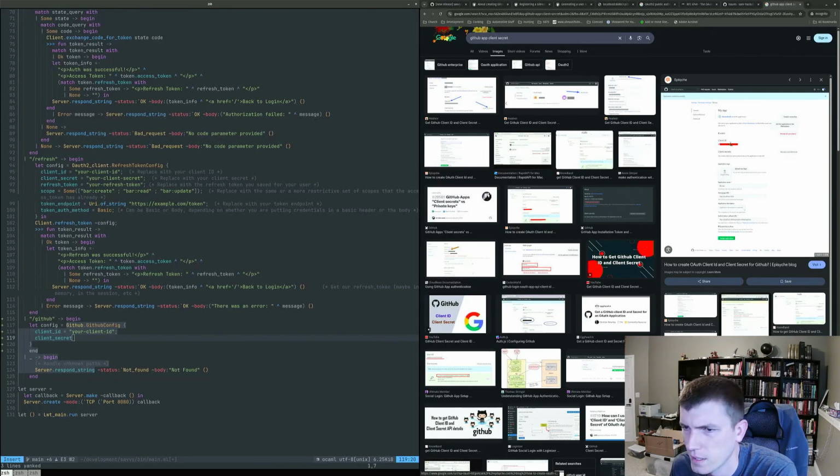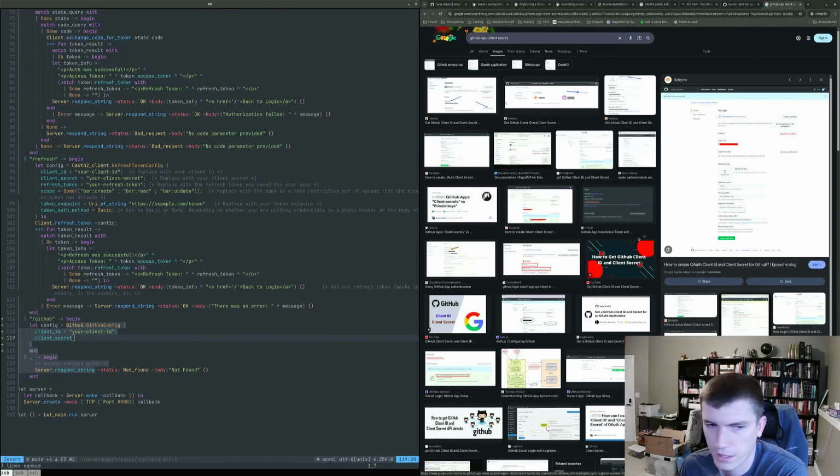Whatever. So we got client ID, got client secrets, there's an application logo, an application name, homepage URL, application description, authorization callback URL, and the device flow. We actually don't handle the device code flow yet. That is another OAuth 2 flow, and we will have to build that at some point, but I have to figure out how to test it. Like, I don't even know off the top of my head how I would be able to test that, and I need to be able to test it or else I can't build it. So I'll have to find a device that I can authenticate something. Maybe I'll use a GitHub for that, I guess.